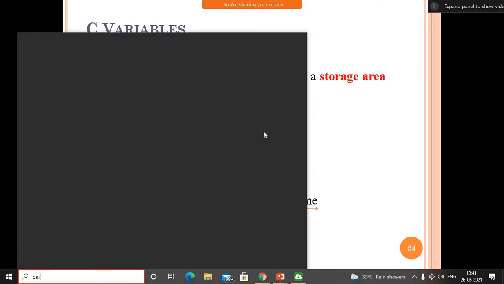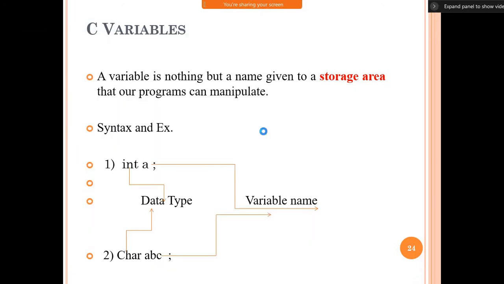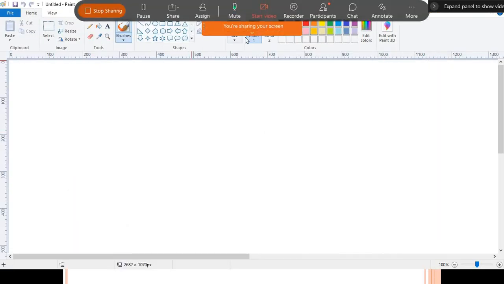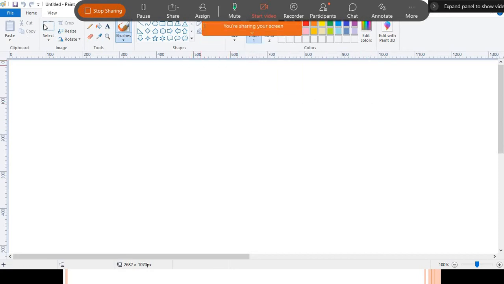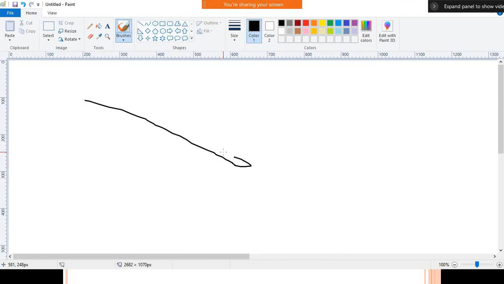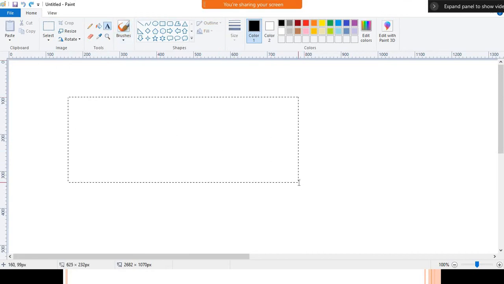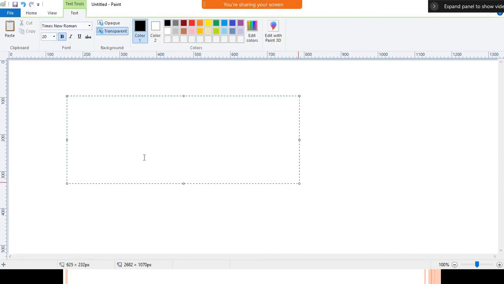For example, I want to represent 1, 2, 3, like 10, and the data type is integer.